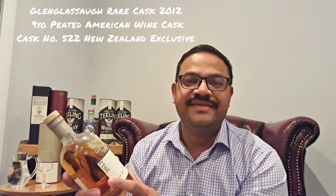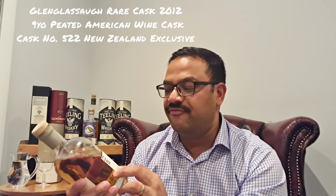Today we're looking at something very special, because it is an exclusive single cask release for New Zealand from Glenglassaugh. Glenglassaugh distillery and its releases unfortunately get a bit lost amongst the excitement and attention the other two distilleries in the Brown-Forman portfolio get, being GlenDronach and BenRiach. Glenglassaugh is kind of like the third child: everyone assumes it's really, really good, but no one's talking too much about it. This one in particular was released for the New Zealand market, distilled in 2012, aged in a single